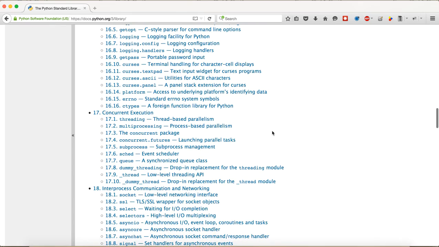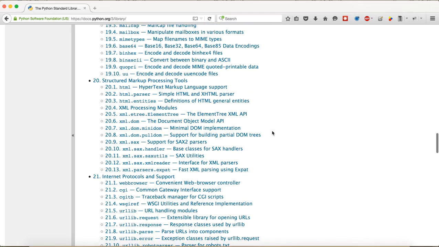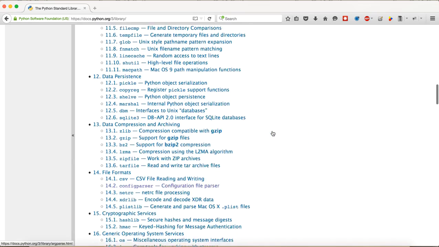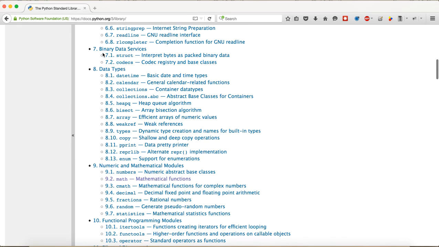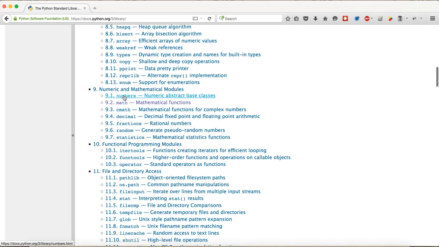Modules are nothing but all those default functions and built-in things that are available for us in Python, right? So let's take a look at all these things like datetime, calendar, collections, numbers, math, cmath, decimal, fractions, random. They look more familiar to you, right? So all these are just modules. Math is a module, and all the functions inside this math module are directly available to us to utilize, right?